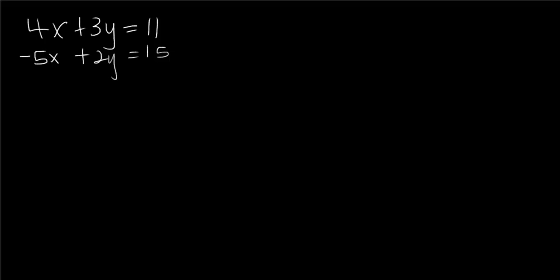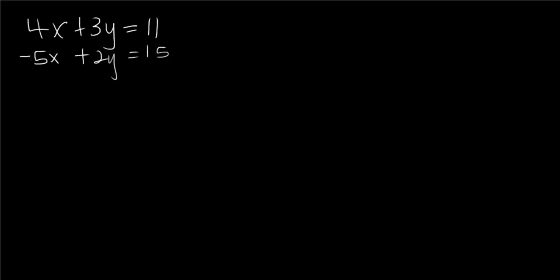Well, we look here, the x's, they have a 4 and a 5. Well, they're not the same number, and they are different signs though, so that's good. The y's, 3 and 2, they're neither the same number nor are they different signs. They need to be different signs. So you know what? It may be easier to just work with x in this case. It doesn't really matter,